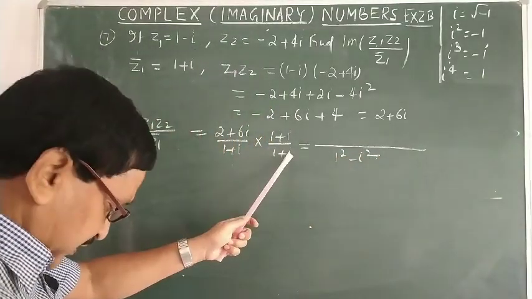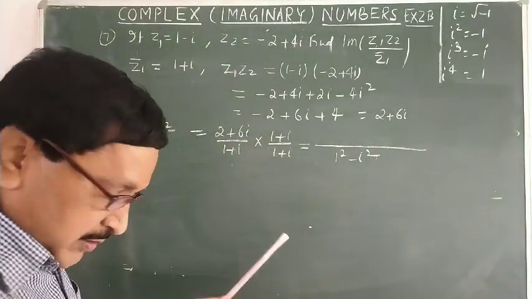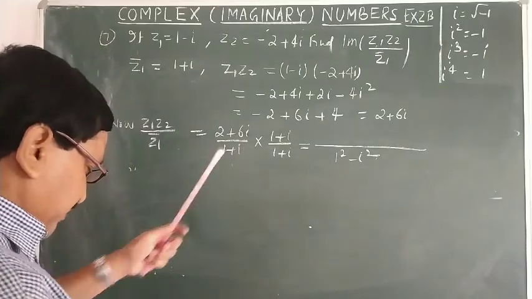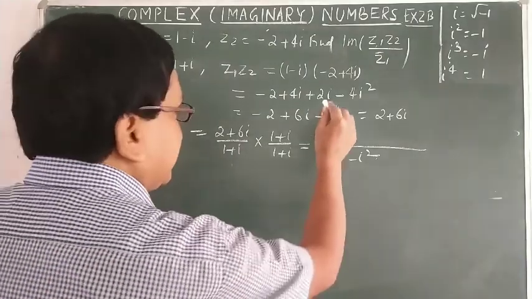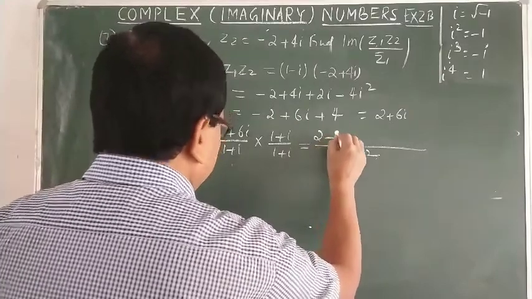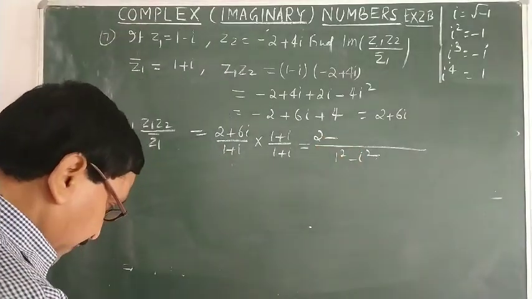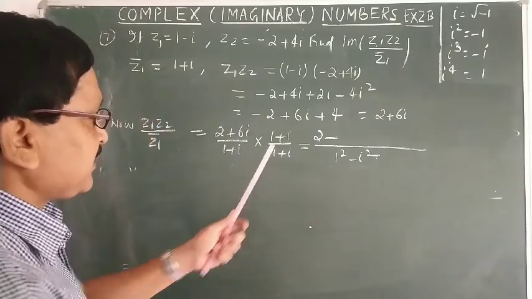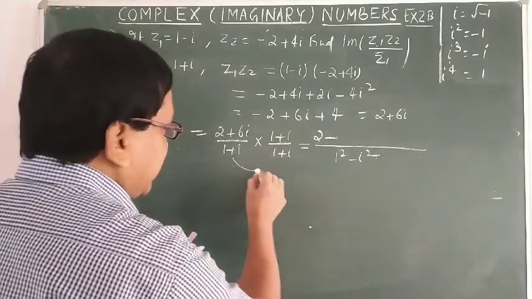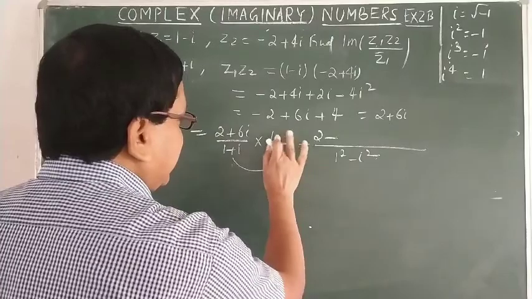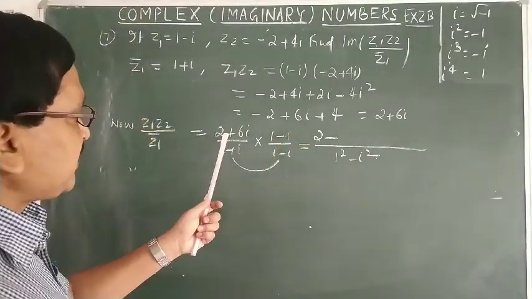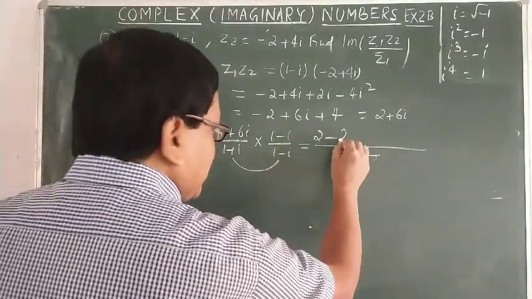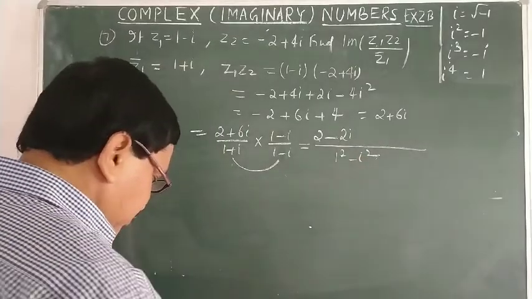After that, when this is multiplied, we get 2 minus 2i. Sorry, students, while rationalization, the sign must be changed. So this will be minus i and minus i. So multiplying with 2 minus 2i, 2 minus 2i plus